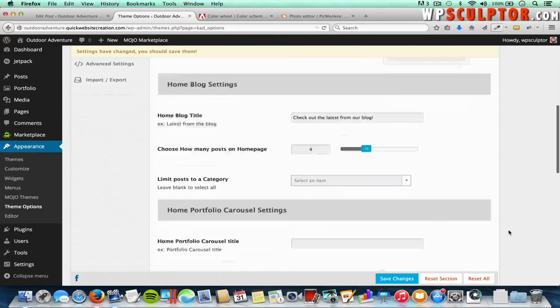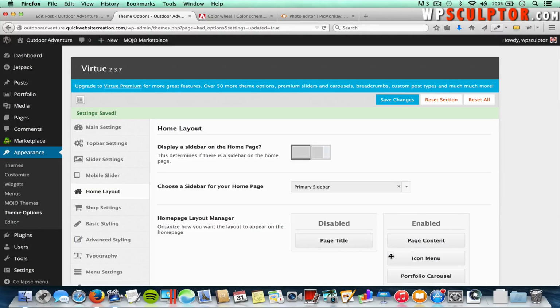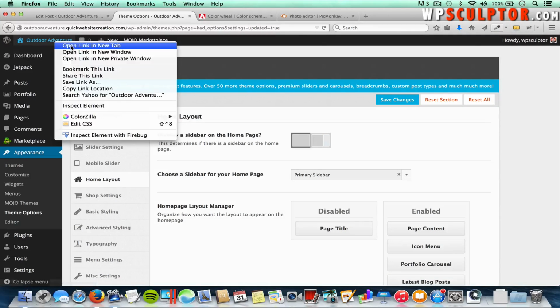And then scroll down. And right here, you have the option for the latest post to be the post excerpt or to be the full contents of the post. And we want to leave that to be the post excerpt. You could experiment with the full post option if you wanted to. Then we're going to save the change. And the next thing I'm going to do is open my front end in a new tab